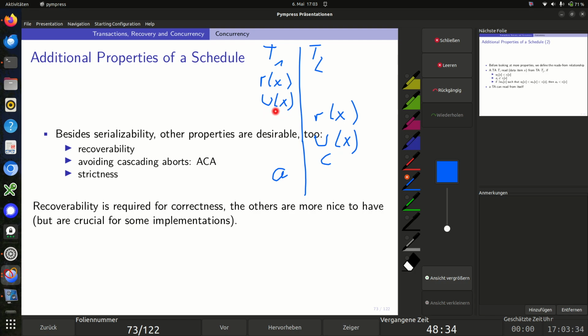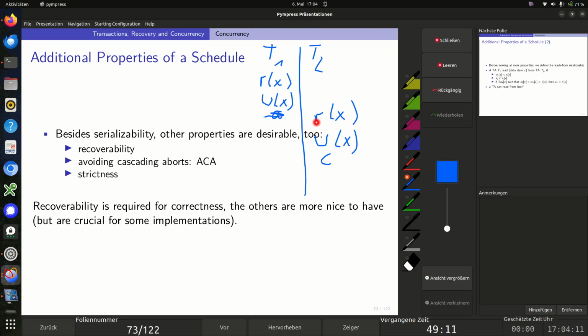There's no abort in between. So the abort here, if it would happen here, you never would have had the money. So if this is not the case, you have the money, and then you read it. So the transaction here has not been rolled back. There was no rollback of this transaction. So the data was persisted, and then you read it. So transaction 1 wrote, transaction 2 reads the